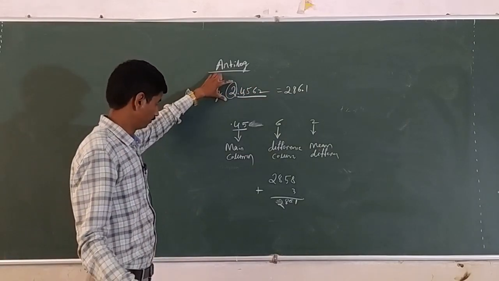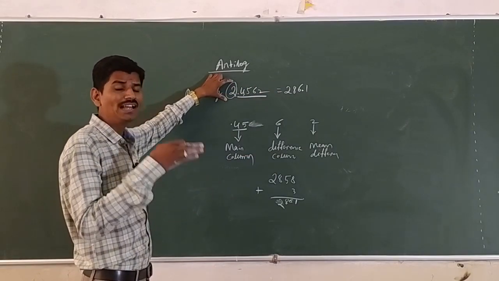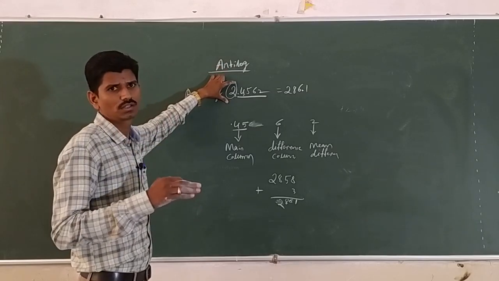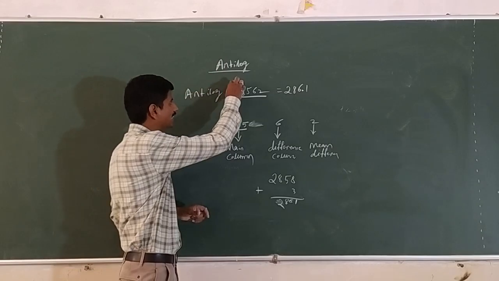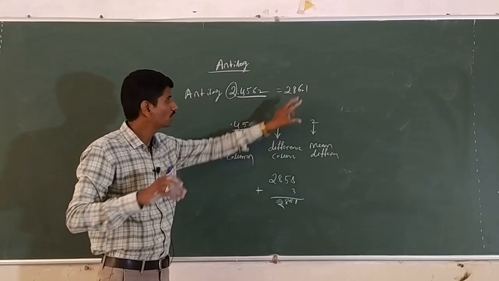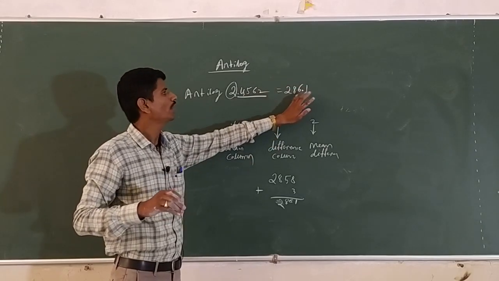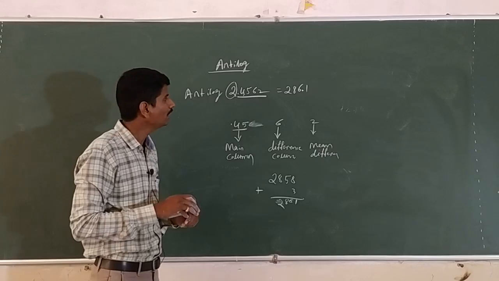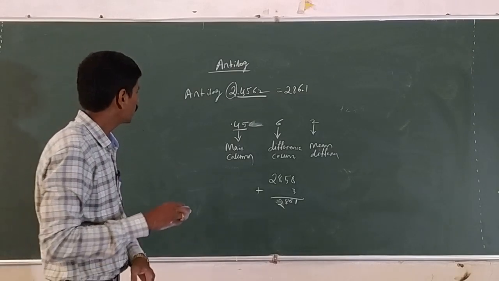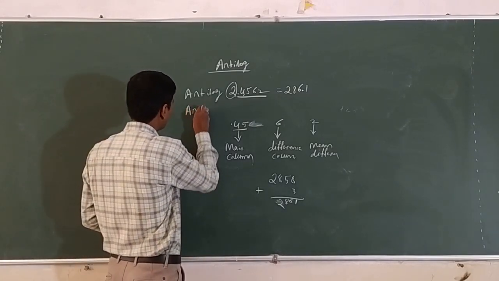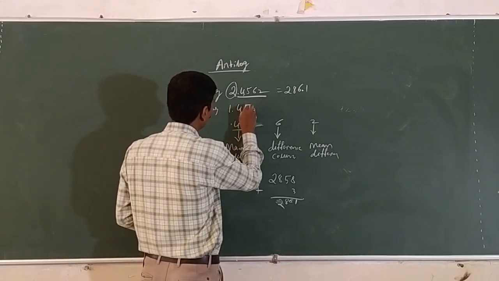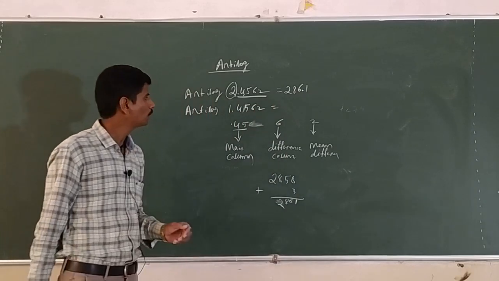Here the 2 before the decimal point is said to be the characteristic. In anti-logarithm, characteristic plus 1. Here the characteristic is 2, 2 plus 1 is 3. Then put the decimal point after the third digit and you will get 286.1. Okay, for example, one more. Find the antilog of 1.4562.